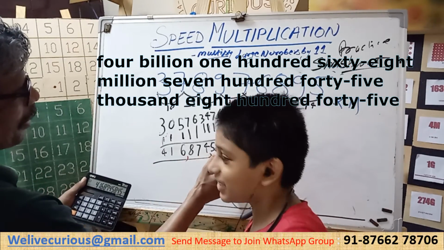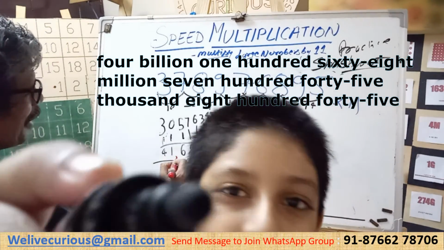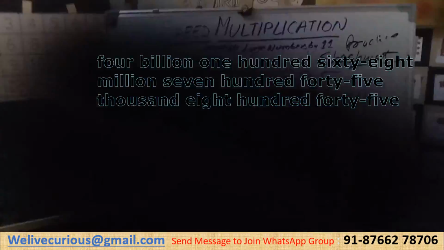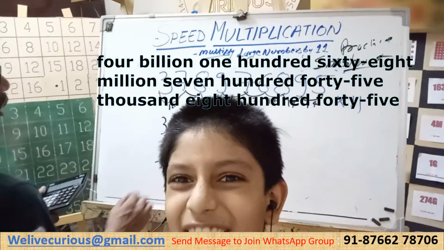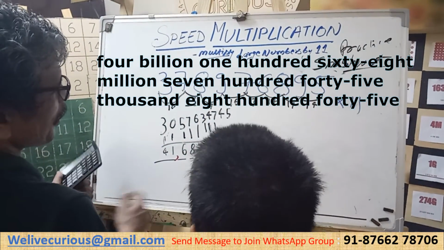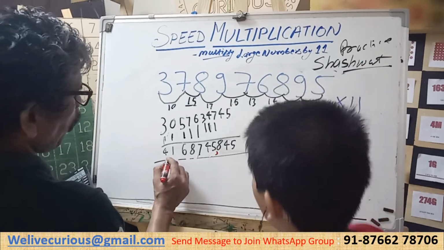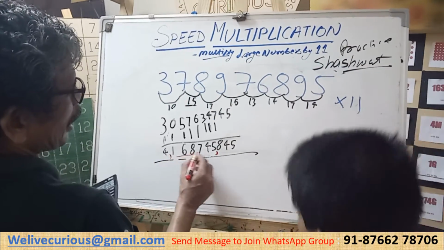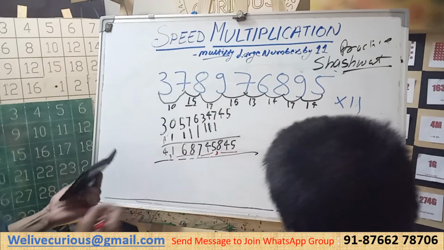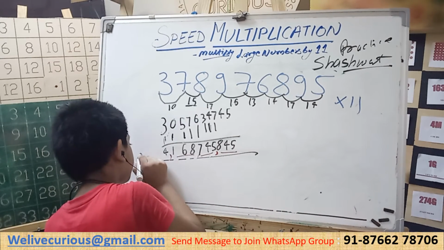Let's see if the answer is right. Boom. That's funny. One second, I can cover the camera. 41 billion. 687 million. No. Yes. 4 billion 168 million 745,845 is the answer. No, I will write A and S is